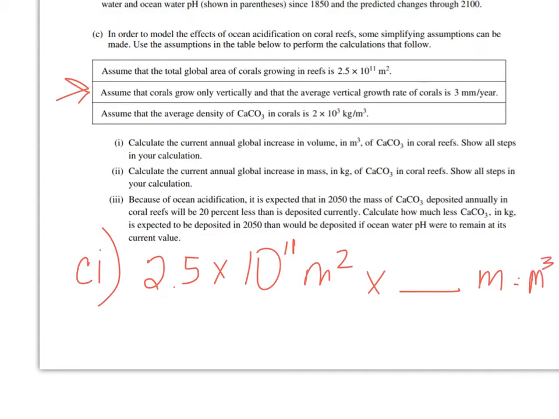So one of the things that you can do if you can't figure out how to solve a problem is look for what it wants. It says meters cubed is the answer. So I've got to multiply two items, a meter squared and a meter, to get meters cubed. So where in these givens do you have just regular meters? Here we have meters, here we have millimeters, and meters cubed. So I just need meters. So I'm going to pick this one, but first I need to